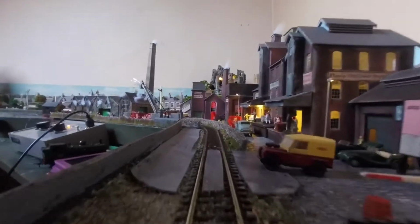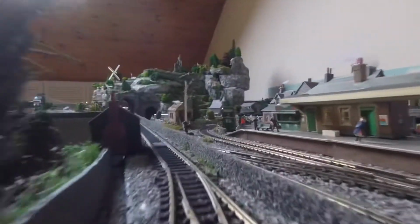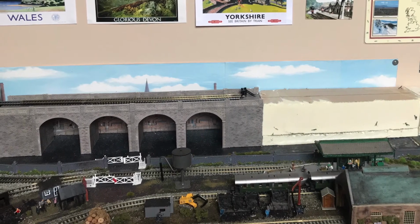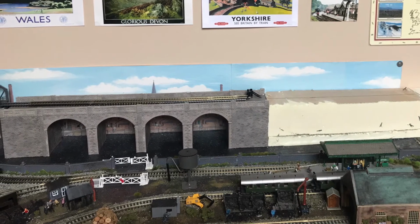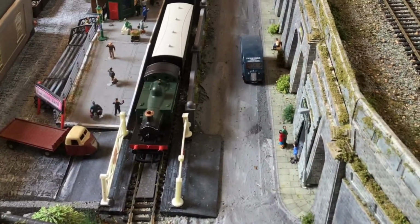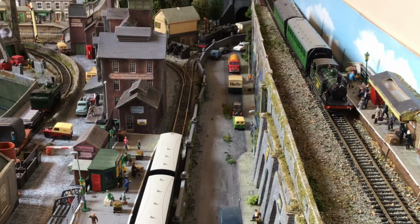This is the camera train, and it just runs out past the manufacturing area and onto the main line. The fourth section are the railway arches that I included in the layout. This is when I first started. It's a Metcalfe railway arch kit, plus various other bits that I added to it, including a station on the